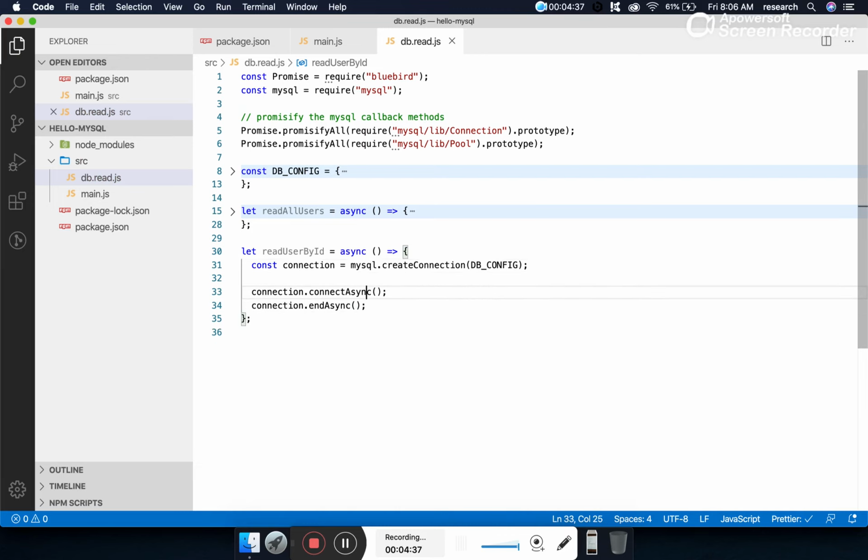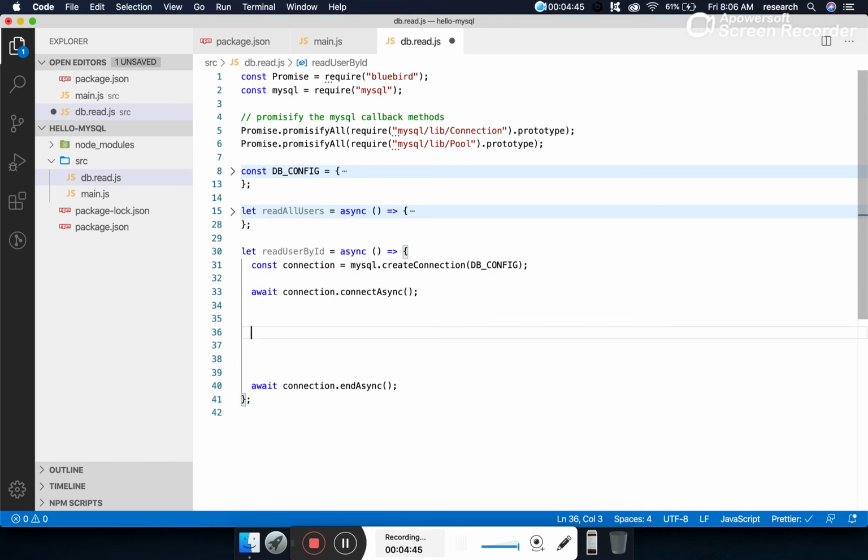And one more time, I'm forgetting this, we mark all these with await for getting the connection and await for releasing the connection.